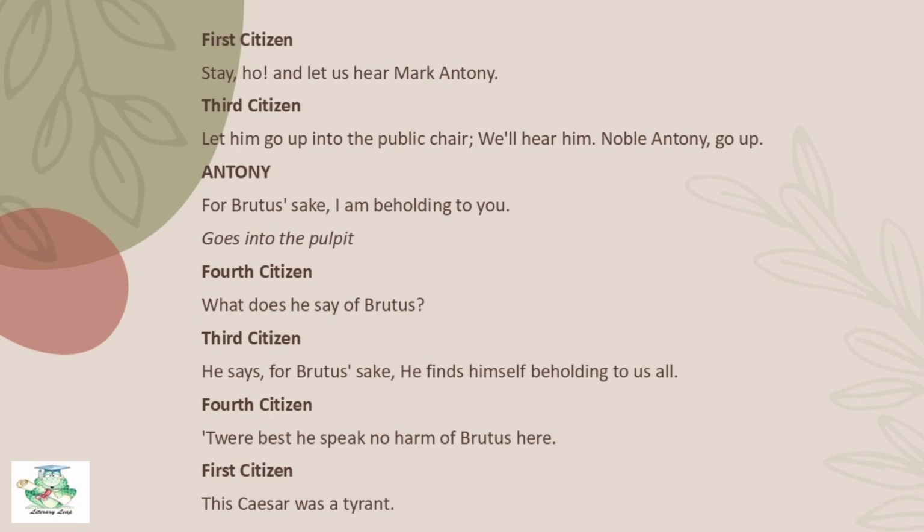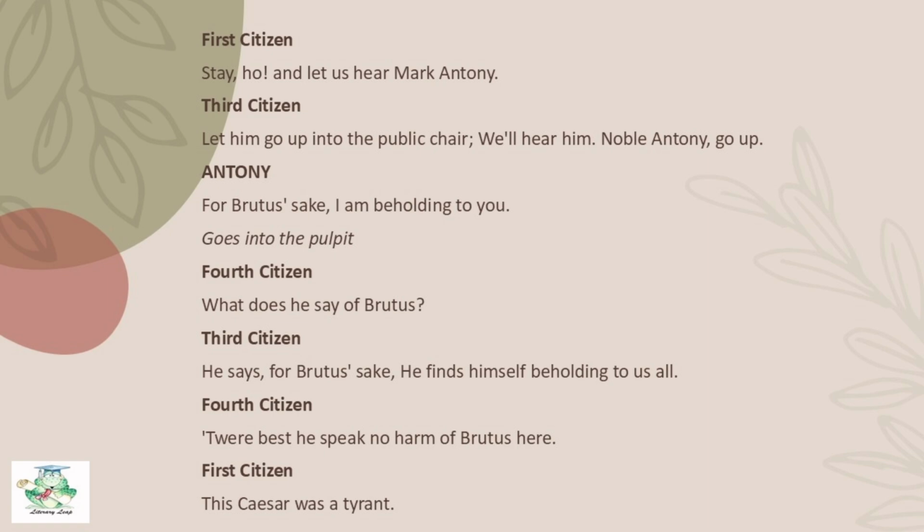The third citizen suggests that Antony should take a position of authority to speak. This shows their respect for Antony, who is now about to speak. Antony expresses gratitude to the citizens for giving him the chance to speak, acknowledging that they allowed him to do so in honor of Brutus. The fourth citizen is curious about Antony's opinion on Brutus and wants to know if Antony will speak positively or negatively about him. The third citizen explains that Antony has expressed gratitude towards the citizens, acknowledging Brutus's role and speaking